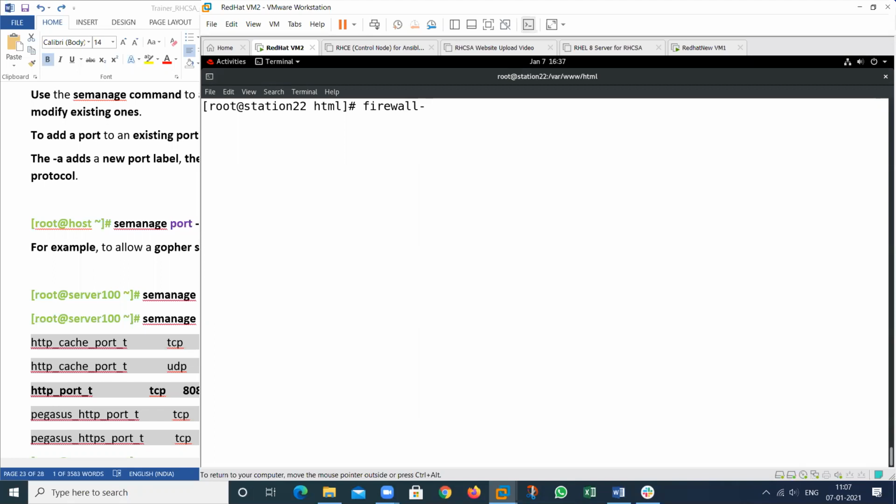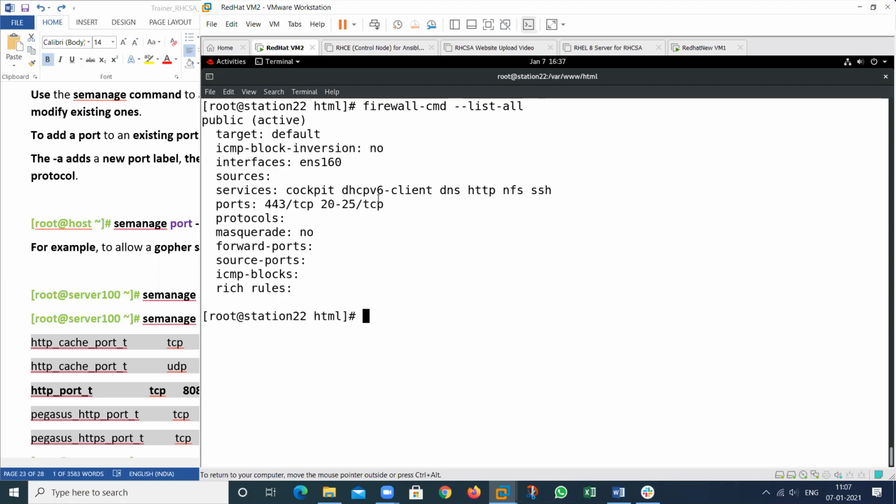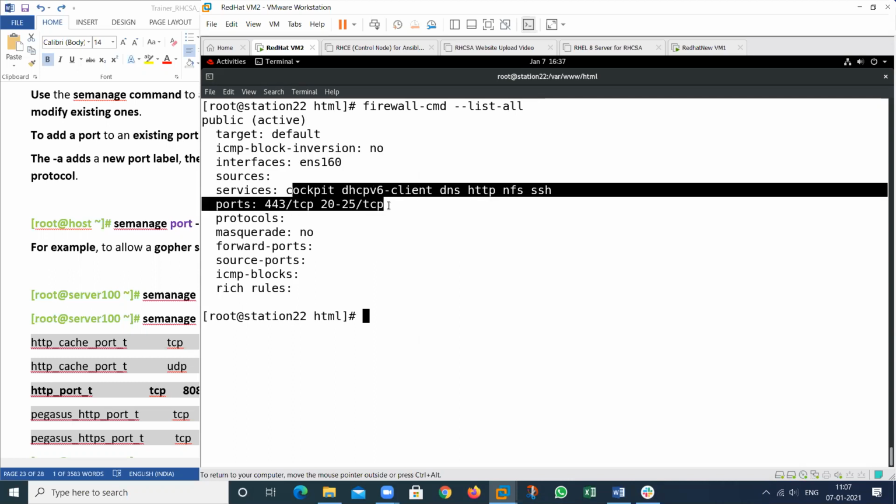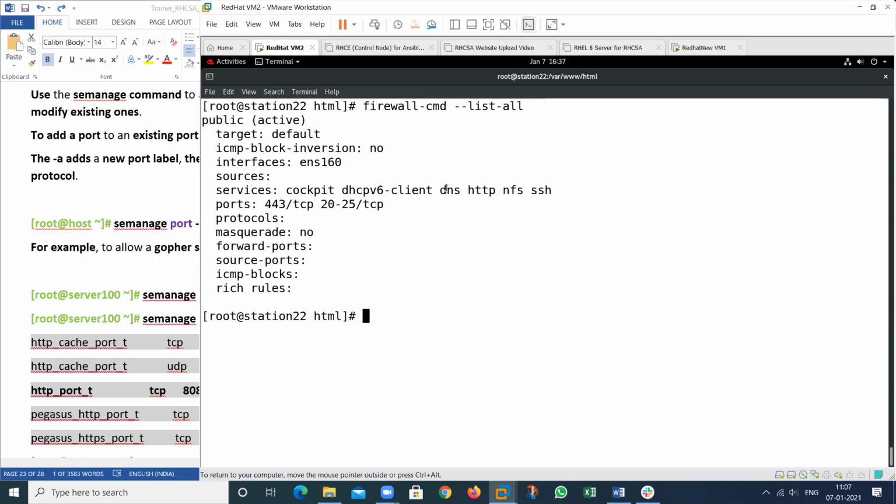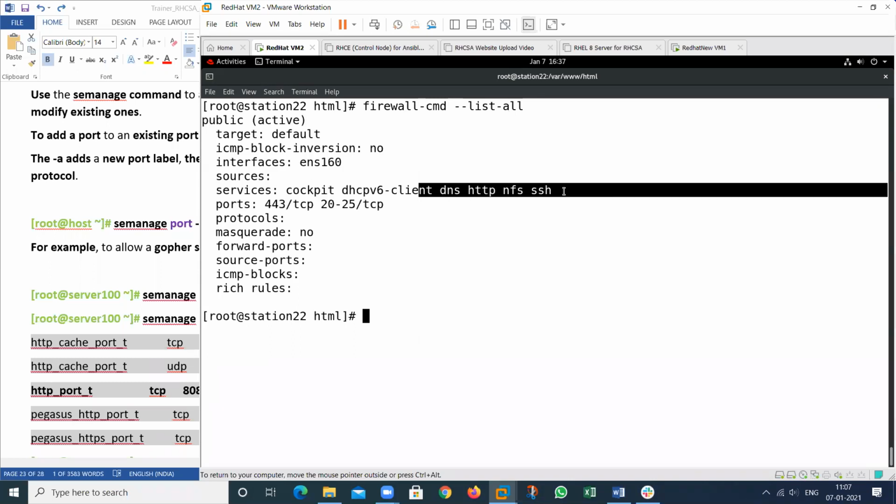So this is the command, --list-all. What are the services that are allowed by default? See, I have also allowed the HTTP service, but I have bound this particular service to a port that is not allowed by default, because I did some practical in this machine for other batches.